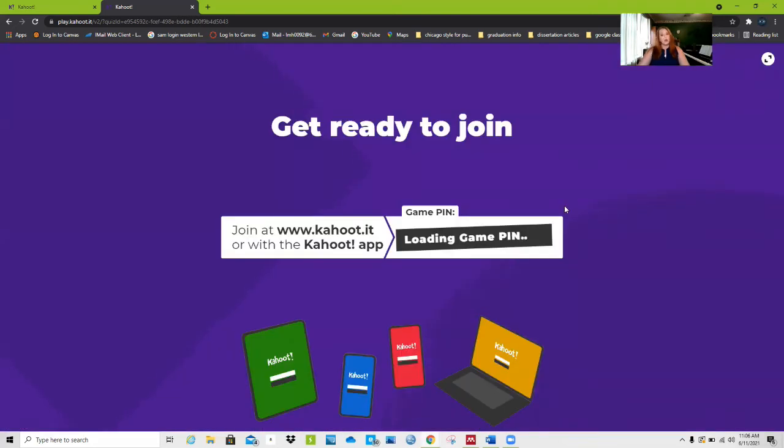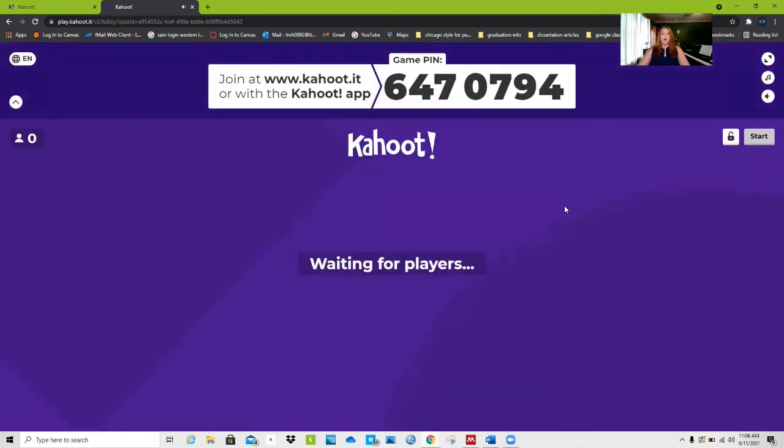I'll go into just the classic mode, and when you click on classic, on whatever device they're on, they're either going to go to Kahoot.it and type in the game pin, or they'll go to the Kahoot app that you have downloaded on their device, or if you're using a classroom set of devices. And so they'll type in the game code, and then they'll put in their name, and their names are going to pop up. And I always make sure with the elementary kids, or whatever class, to count how many I got, and I'll watch this ticker here. And as soon as I see that number match the number of students I have in my classroom,